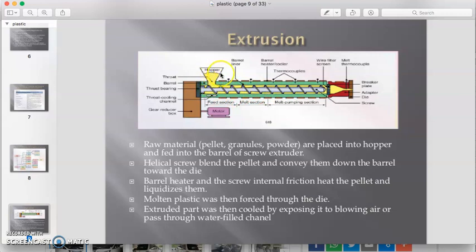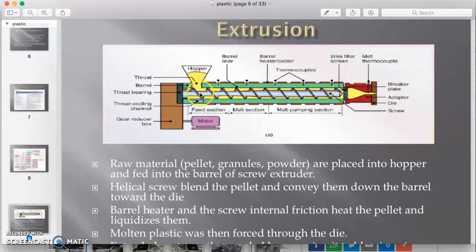This is the hopper where we place the raw material, and this is the screw inside the barrel. When the screw rotates, it will force the raw material to move forward to the right, and along the way